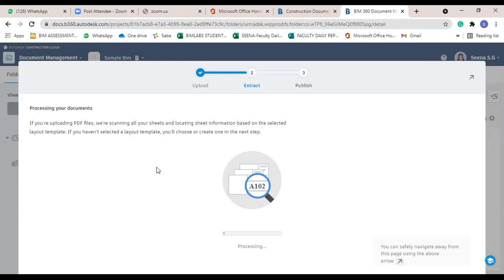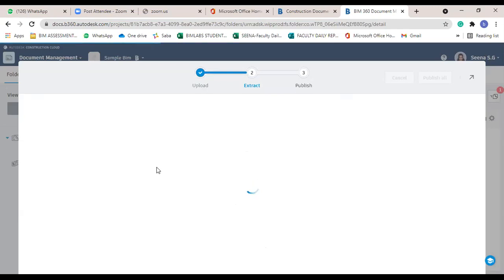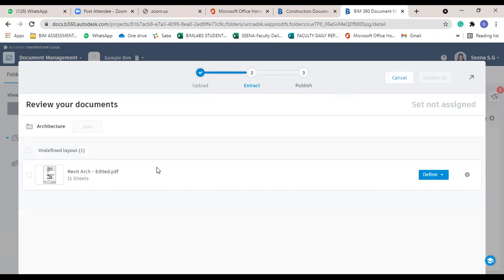This step is processing. Okay. Extraction is completed, but we want to define the project template. Just click onto the define option.